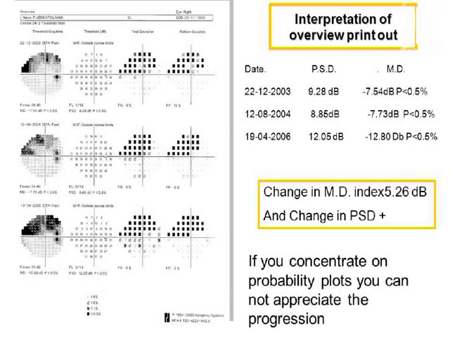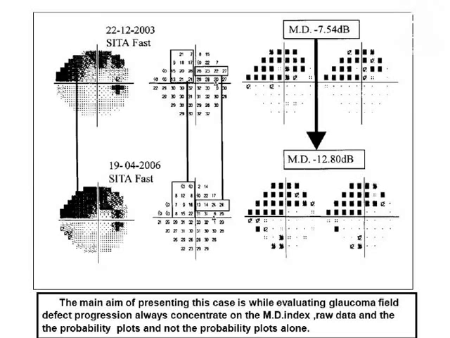So a change in mean deviation, even though it is 5 dB in a localized scotoma, indicates that it is very huge. So the concept of mean deviation in a localized scotoma differs from the concept of mean deviation in a generalized depression. With a minute change of mean deviation in a localized scotoma, you must be very careful. In this patient,